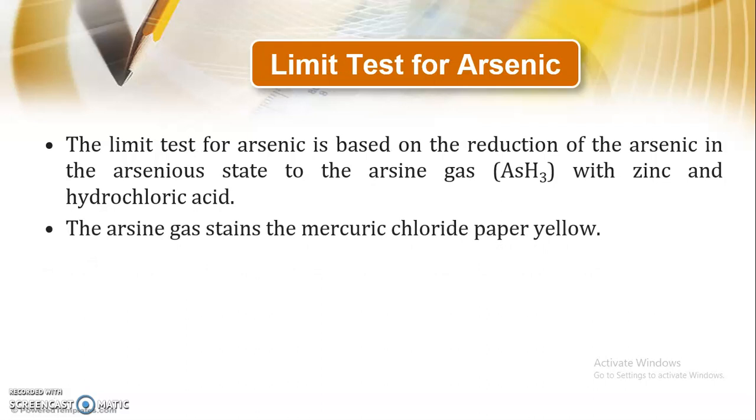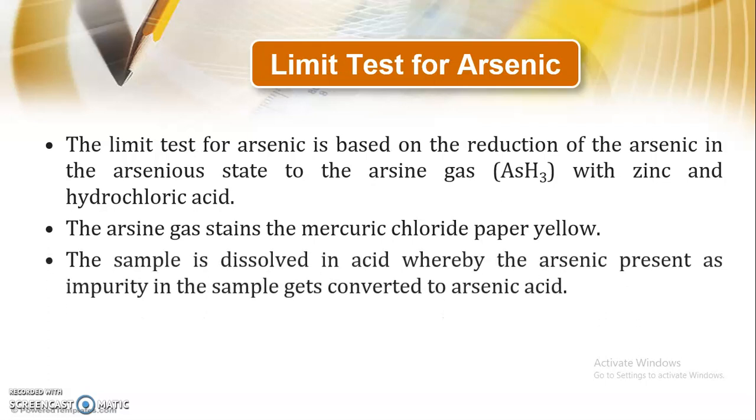The arsenic gas that is produced reacts with mercuric chloride paper. When the reaction between arsenic gas and mercuric chloride is carried out, it converts the mercuric chloride paper into yellow, and the intensity of this color depends upon the amount of arsenic present in our sample. For performing the limit test for arsenic, the sample is dissolved in acid,